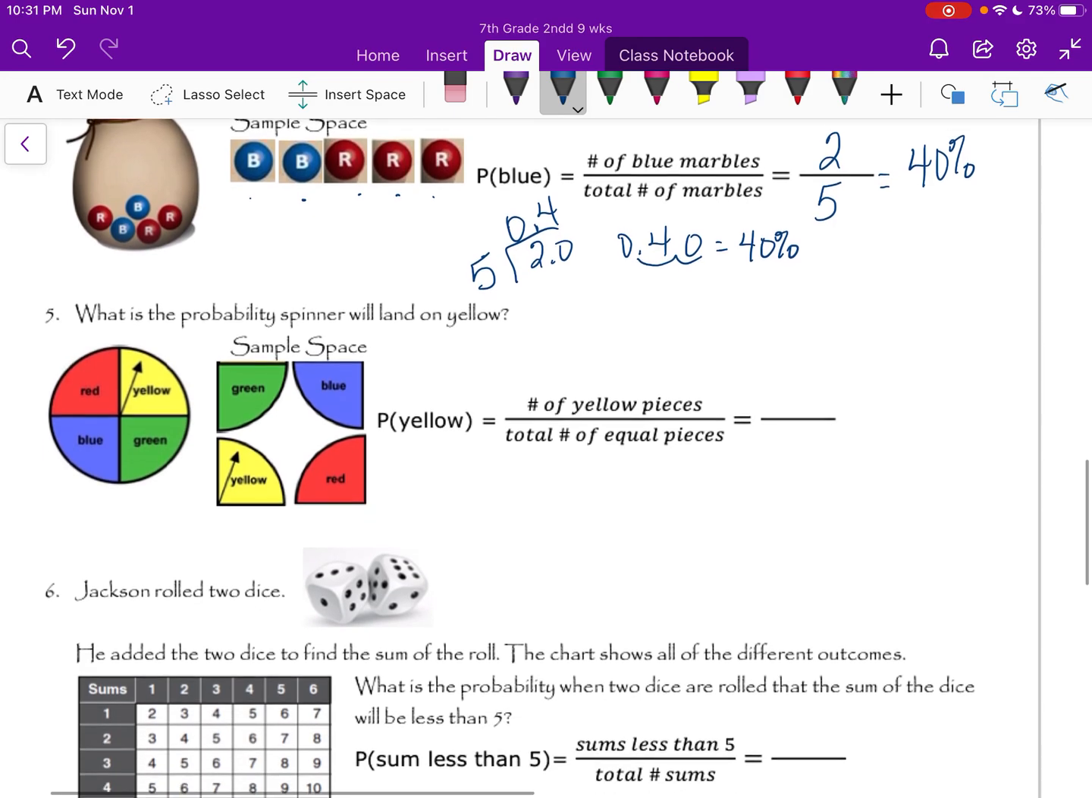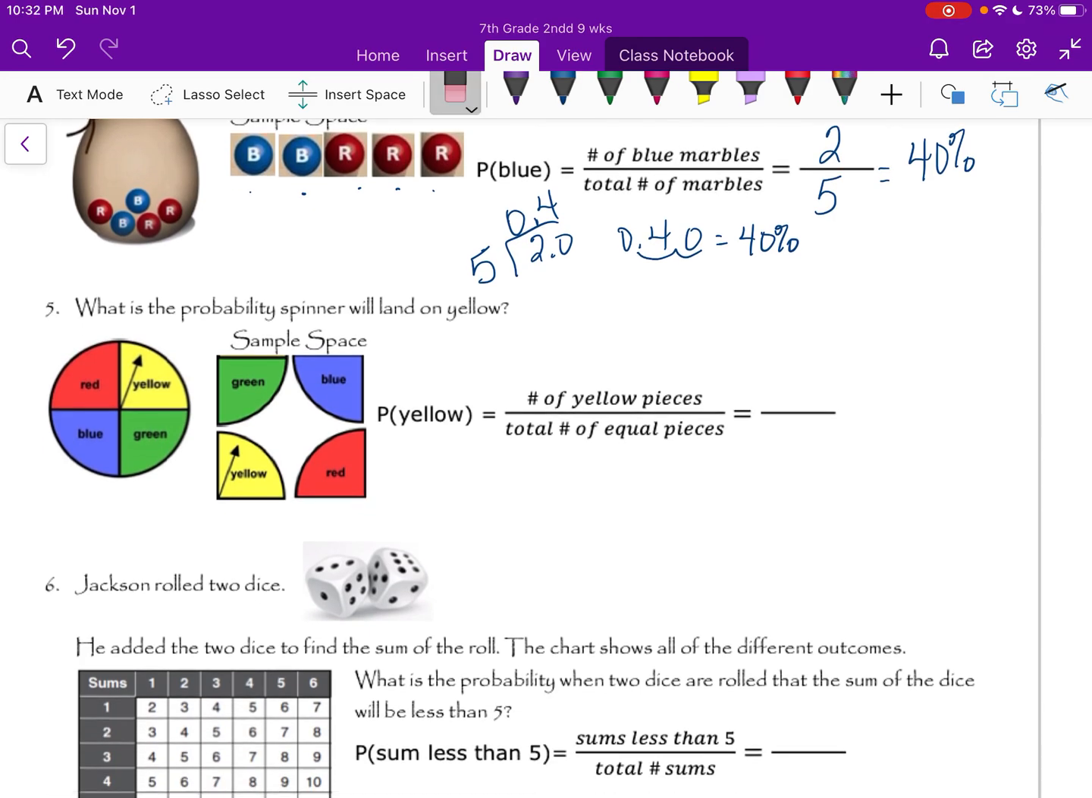All right, let's look at the spinner. So the spinner has a red, yellow, blue, green, and they're all equal sizes. So it says, what is the probability that the spinner will land on yellow? So probability of yellow, so the total number of yellow pieces, we have 1 yellow piece out of 1, 2, 3, 4. So our probability is going to be 1 out of 4. That can't be simplified. Hopefully 1/4 is another one that you have memorized, which is